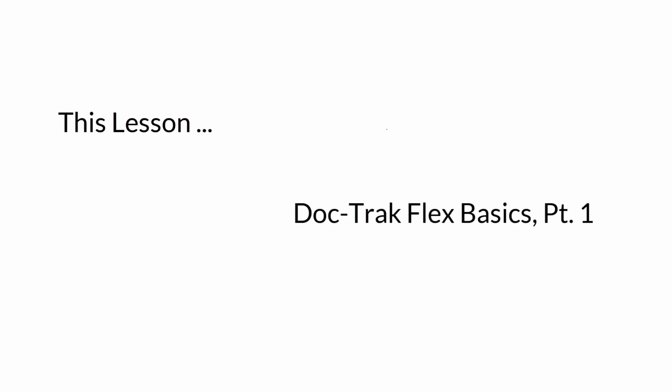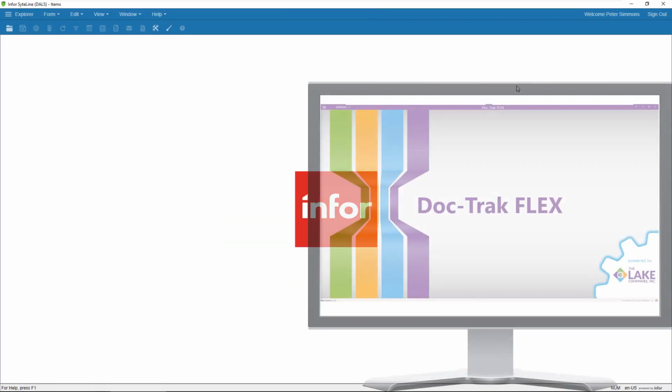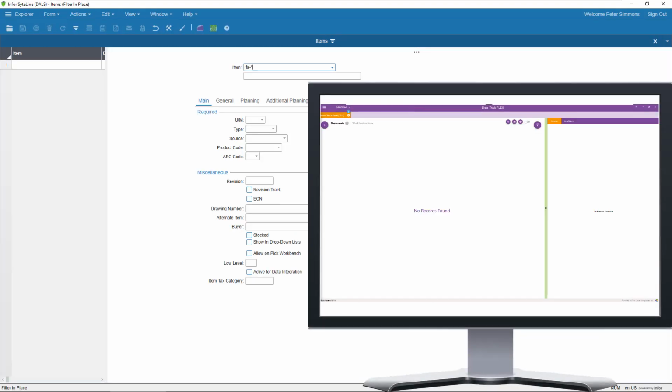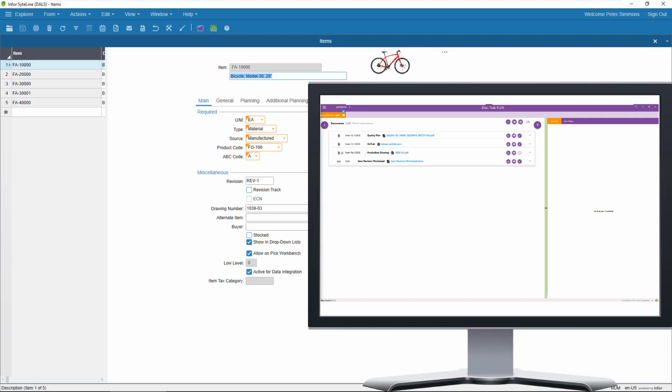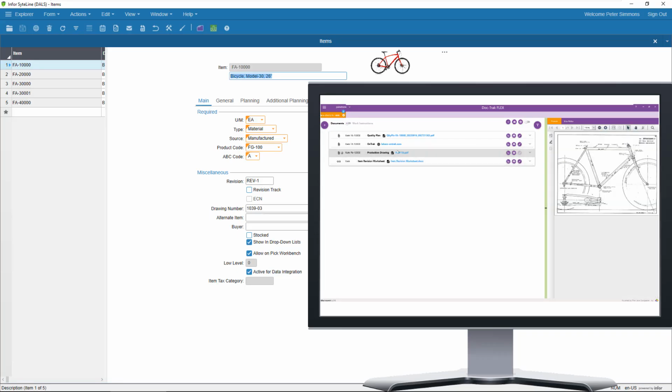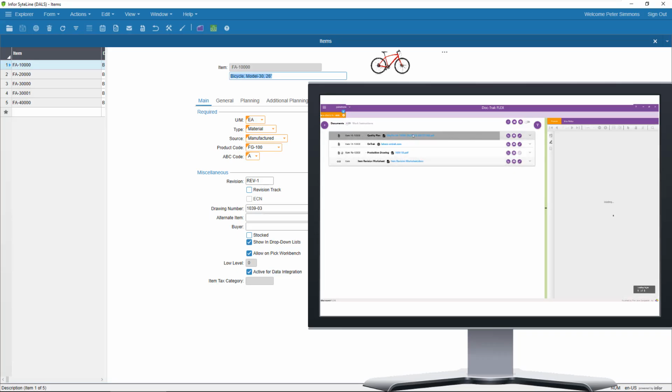Let's begin our journey by taking our first look at DocTrack Flex. This is a standalone application that will work side by side with Sightline. It shows all the file attachments to the record you've selected.